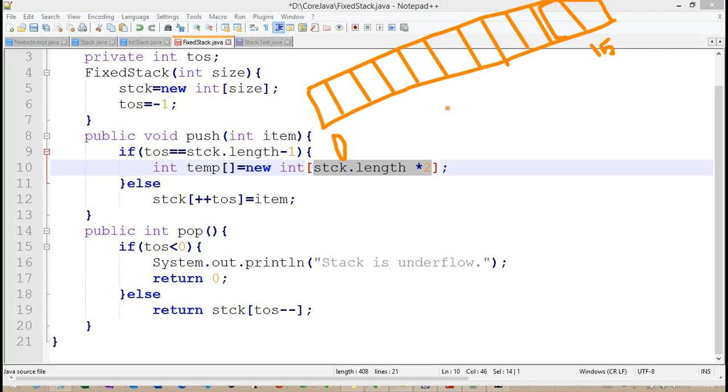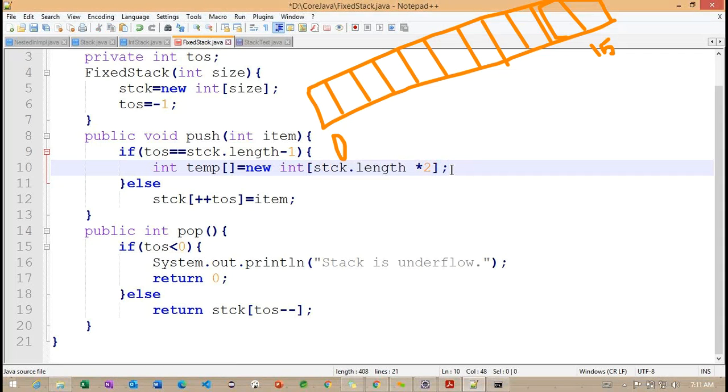Observe here, the initial index is 0, up to the 5th index we can insert the value. Now we created this temp. So once we created it here, what is the next step? We need to insert the data here. Getting the point. We need to insert the data. So how can we insert the data into this temp? What is our condition?